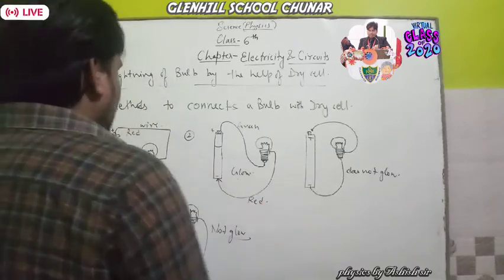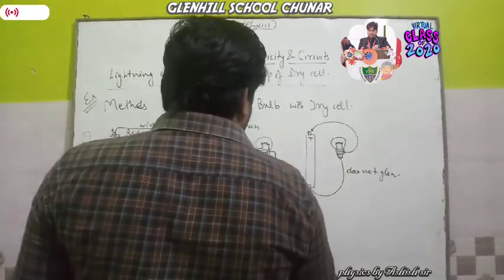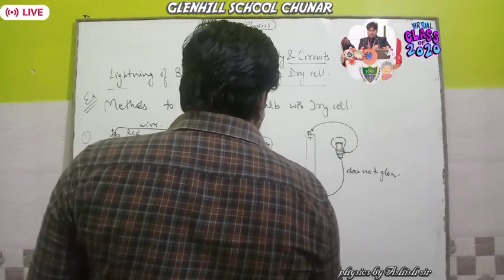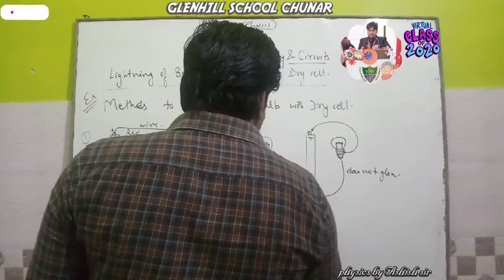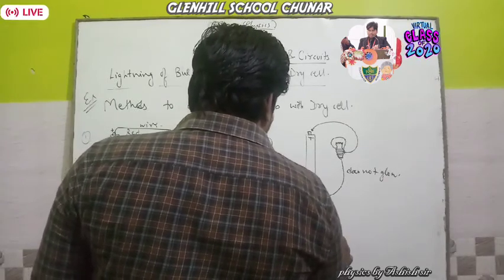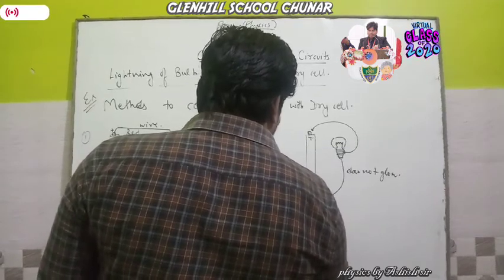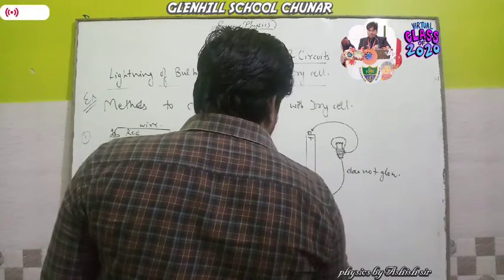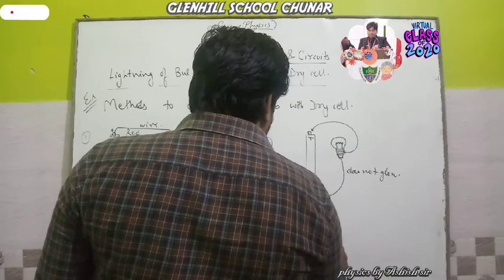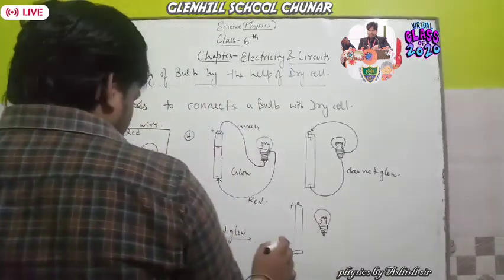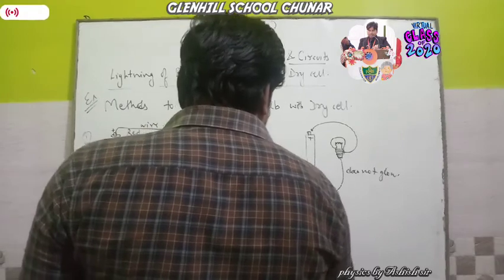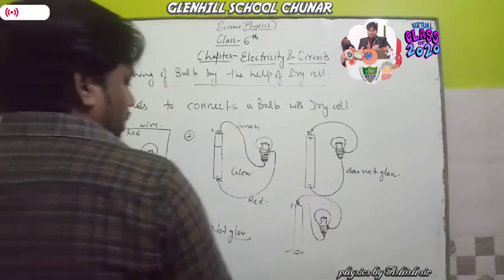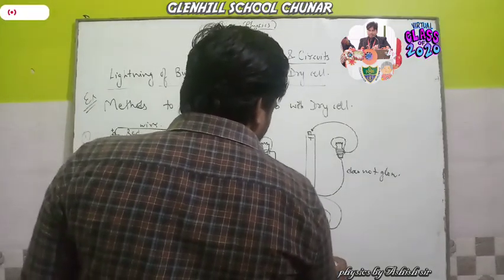Okay, now the next case, again the same setup. This is a battery, negative here and positive end here, and the bulb is here. Through this electric bulb, this wire is connected like this. This wire is connected like this, and this end is also connected like this. In both cases, see here what happened. In both cases, the bulb does not glow.